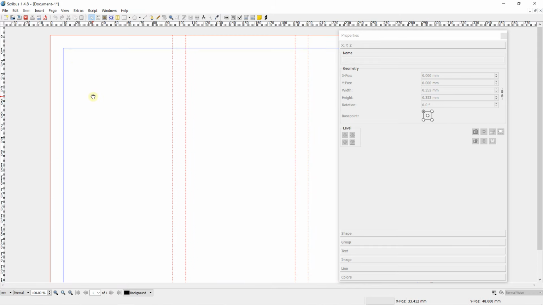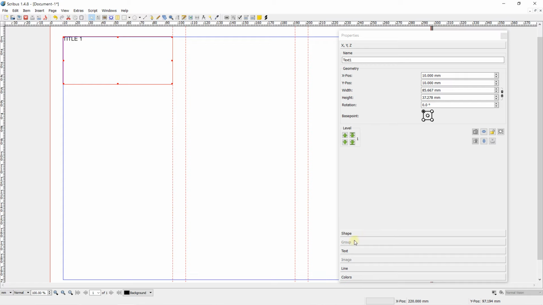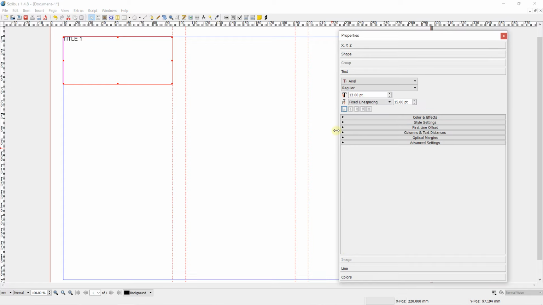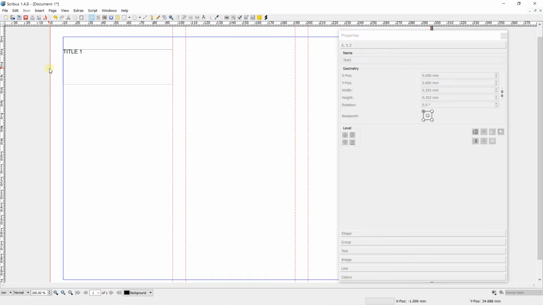The next step is to create first insert text frame and just left click like this. You can snap directly to the margin, double click and type title 1. Here I'm not going to change anything. The only thing that I'm going to change is to go on text and text option on the properties panels, column and text distance on the top, with a value around 10.